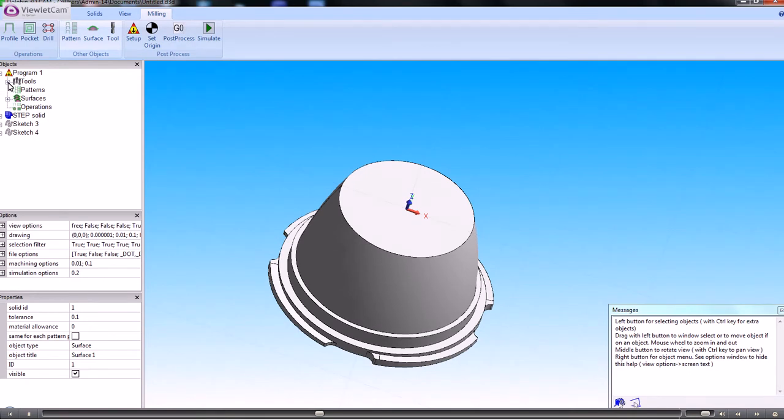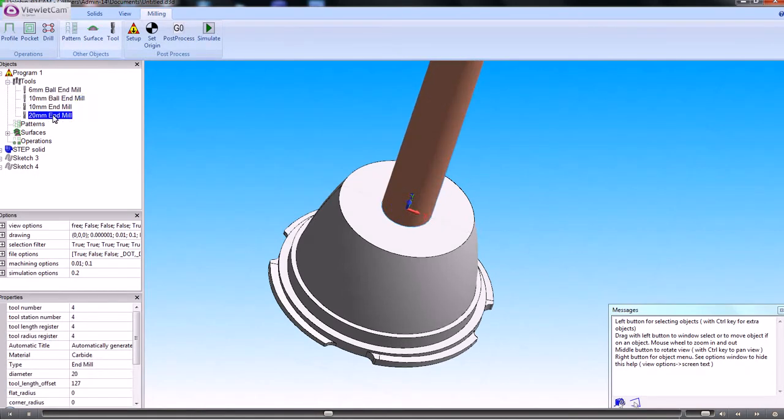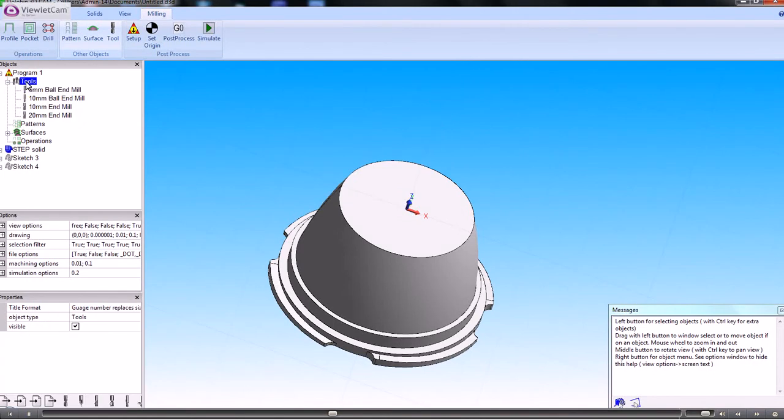If I look at the tools which I've got in my library, these are those. Now if I click on any one of them we can see the tools there. So perhaps we might want to use a 6mm ball nose end mill to rough that out. So we use the pocketing command